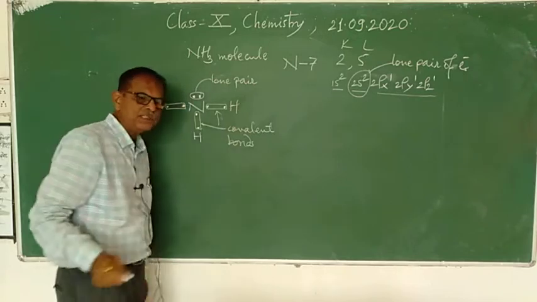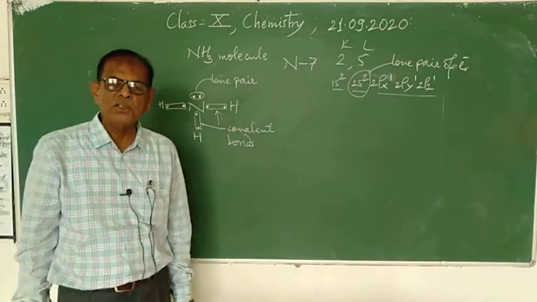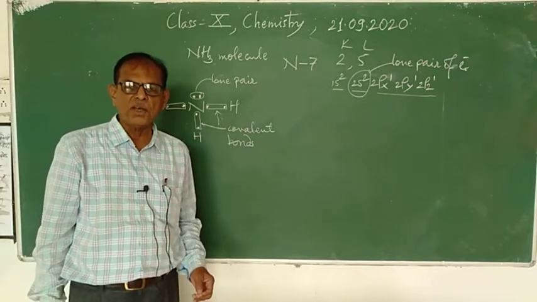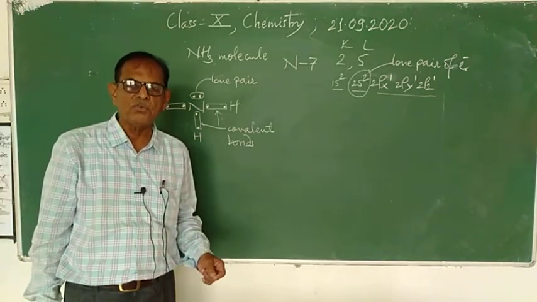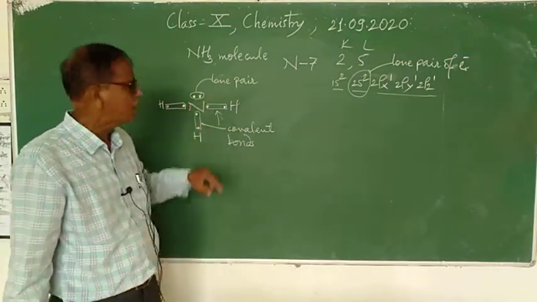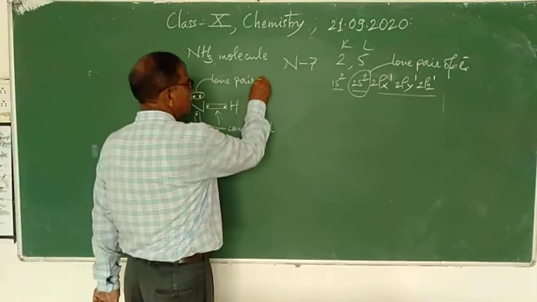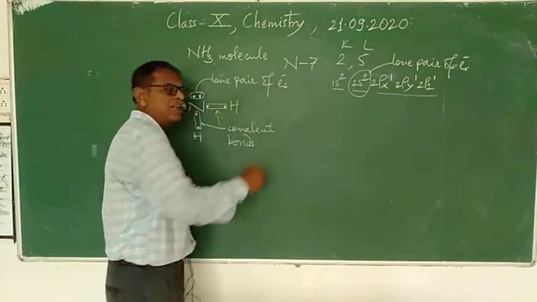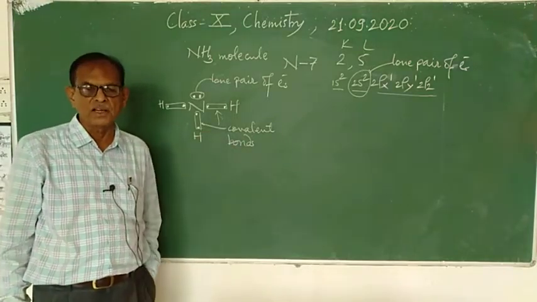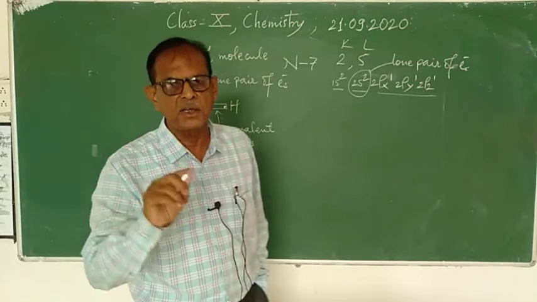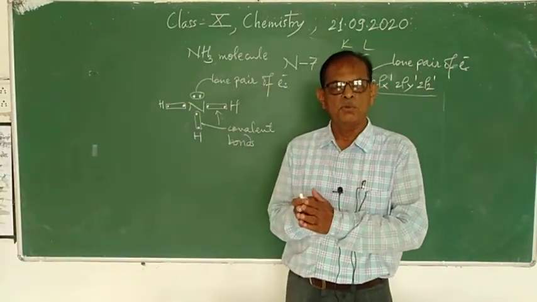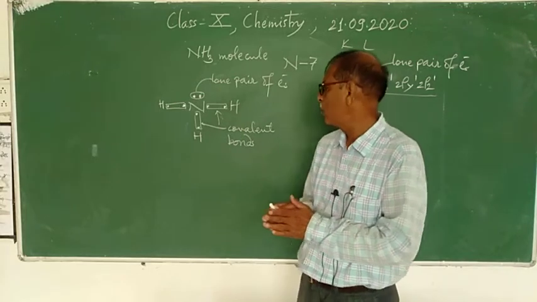Why is the ammonia molecule basic? The ammonia molecule is basic in nature because the nitrogen atom has an unshared pair of electrons, or lone pair, which is easily available for protonation, because this lone pair can be donated to any electron deficient atom or ion and form a coordinate covalent bond. In the ammonia molecule, there are 3 covalent bonds.